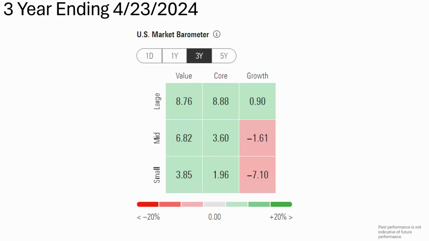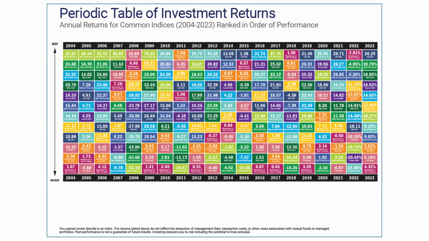And this is the return that most investors, if you only focus on the S&P, would never have achieved. Looking at the next chart, this is one of our favorites. I know many of you are familiar with this chart, but this is called a Cowan chart, in other words, the periodic table of investment returns. This is since 2004. Now, this chart shows returns from best to worst along the left-hand side,